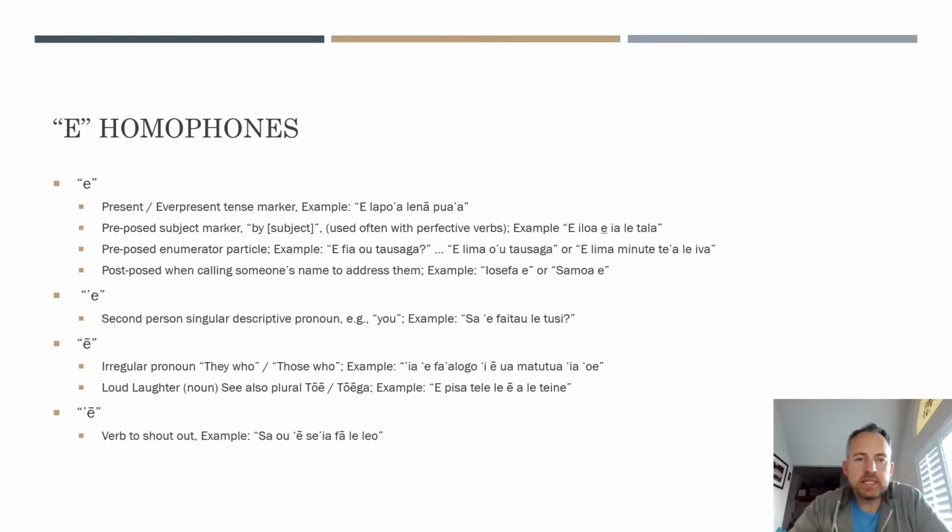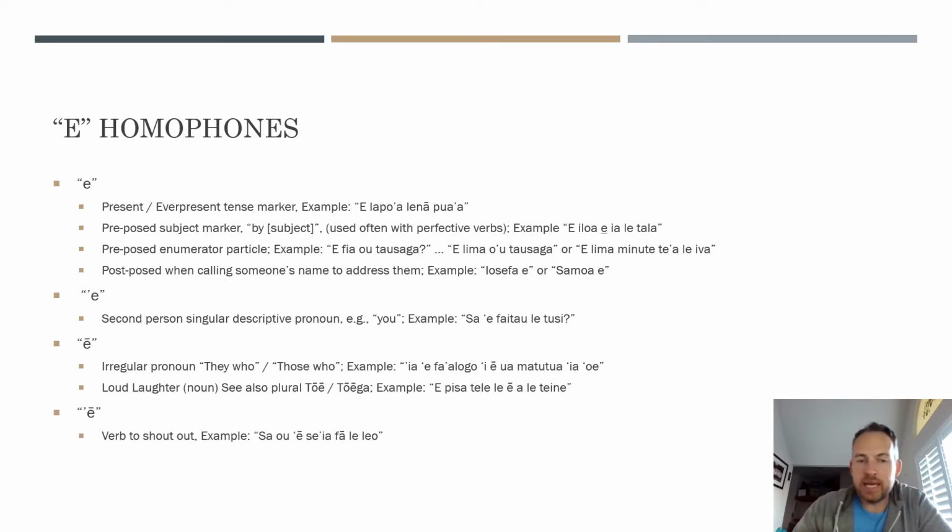All right, moving down to the letter E with a glottal in front of it. And again, the difference between these first two is very subtle, and I don't even know if I'm affecting it properly, but the first one would be e, and then the second one would just be a punch at the beginning. So e.